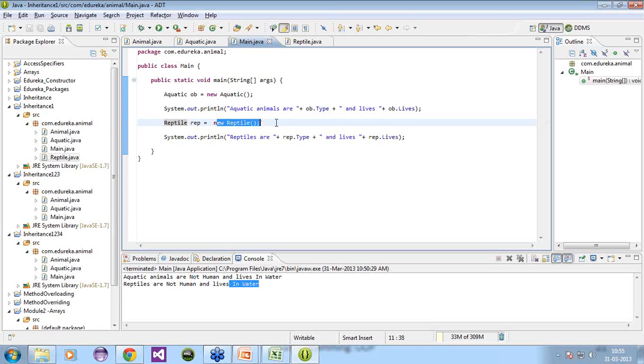Now this is how we create an object. What I did, the reptile class is extending the aquatic class. When we are creating an object reptile, I can use the object of the parent class, that is aquatic, and I can use the new operator and then the instance of the child class. But the opposite cannot be done, because